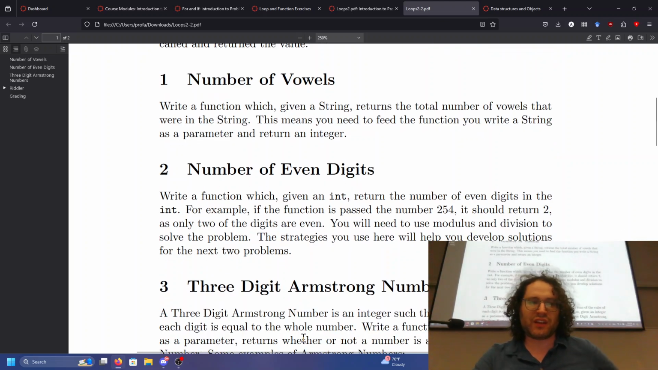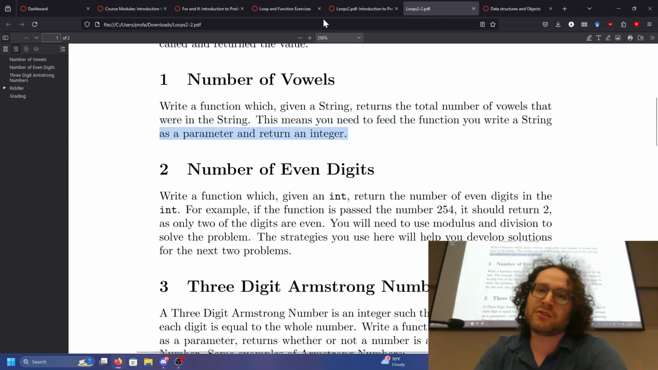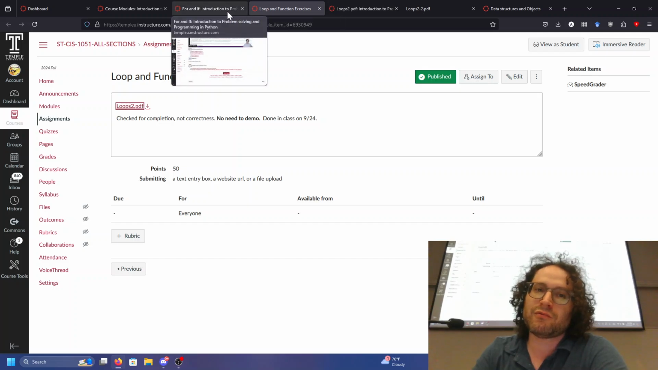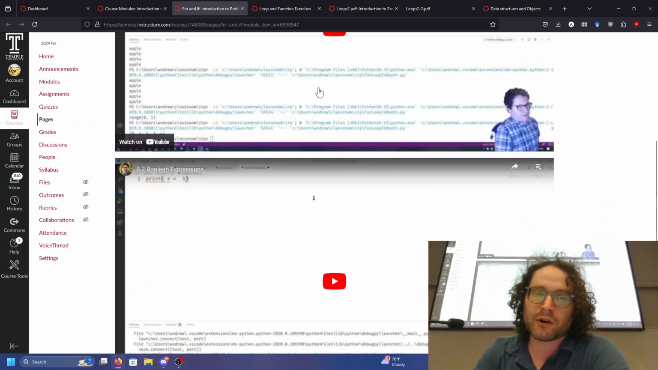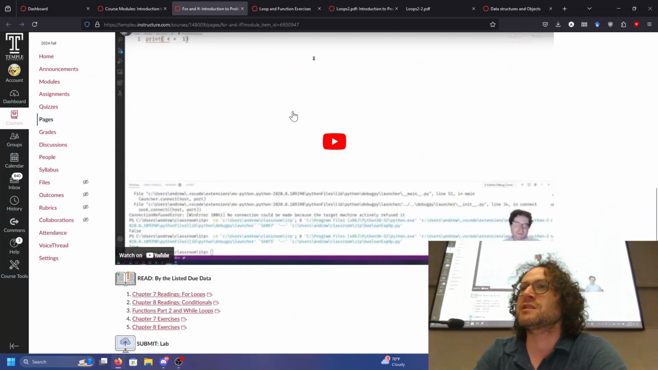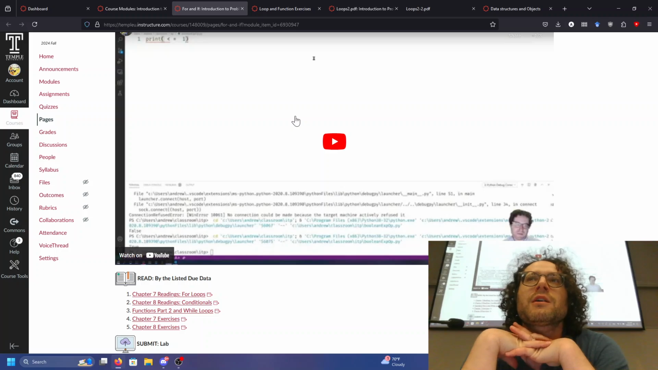So let's go ahead and see. Number of vowels. Write a function which, given a string, returns the total number of vowels that were in the string. That means you need to feed the function a string as a parameter, and return an integer. So this will require a few tools, right? This week's stuff, we're going over the for loop and Boolean expressions. So that introduces us to the if statement, which is going to be fairly straightforward, because for this one, we don't need anything more advanced than